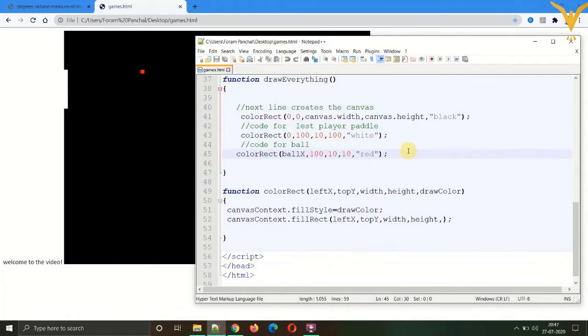First of all, let's cut the statement color rect over here, which is drawing a square.